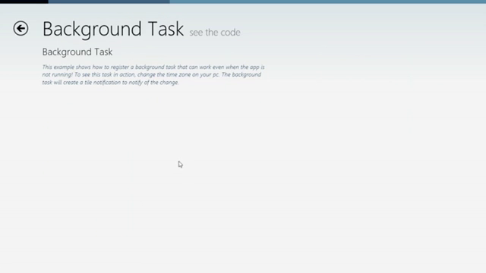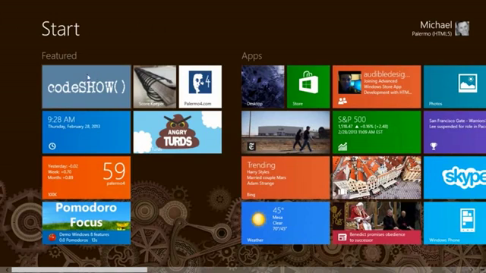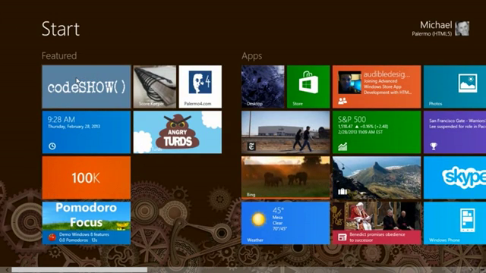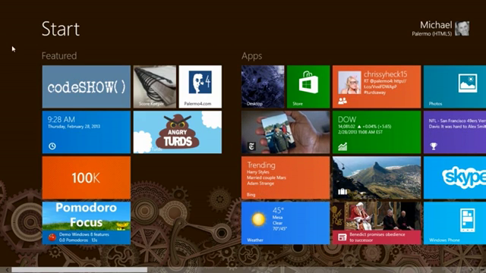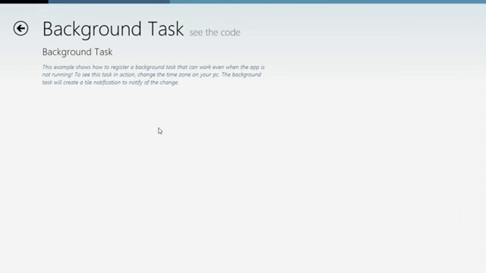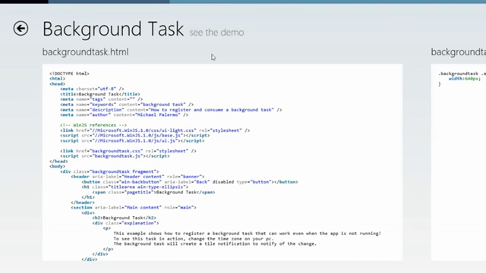So I'm clicking there, and it says it's going to show how we can register it so that even when the app is not running, we can see this thing in action. So you'll notice now, if I go back to the start screen, Code Show is just showing with its normal tile. But by merit of going into the application itself, so I'll tab back over there, the code for this